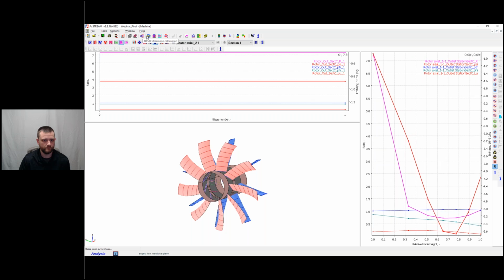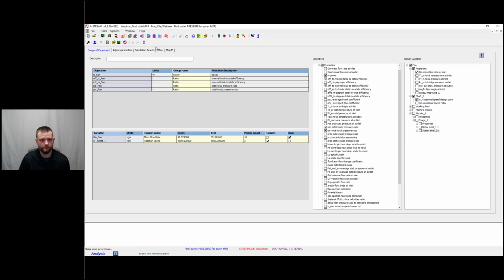But before we go into that, I also want to show you the mapping tool, which we can use as a performance calculation tool. As you can see here, I selected mass flow rate and RPM, and I'm interested in the power and pressure ratio for this turbomachine. The second option I set is a parametric study tool. I can, for example, look at the restagger, so I can change my stagger angle to make sure that I always have the proper stagger angle position for certain stators, IGVs, etc.